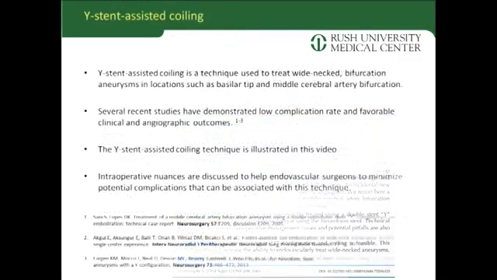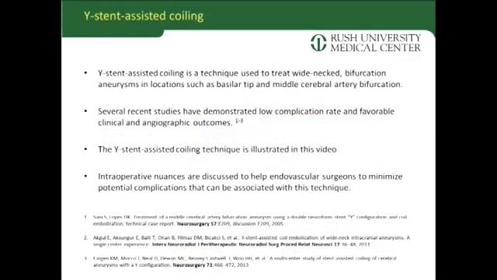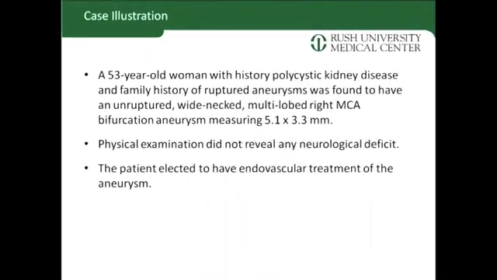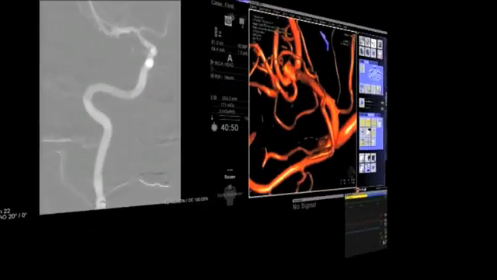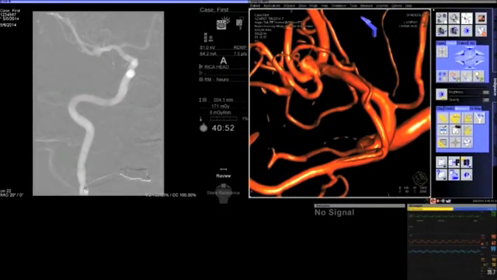2005 in neurosurgery, and since then this has been more widely used for the treatment of middle cerebral artery aneurysms. This technique was ideal for this patient. It was a 53-year-old woman with polycystic kidney disease and a multi-lobed aneurysm measuring 5 millimeters. The patient also had a family history of subarachnoid hemorrhage, and she clearly felt quite concerned about having this aneurysm,